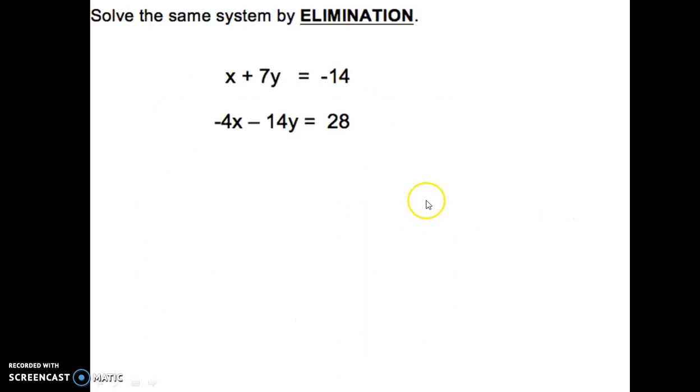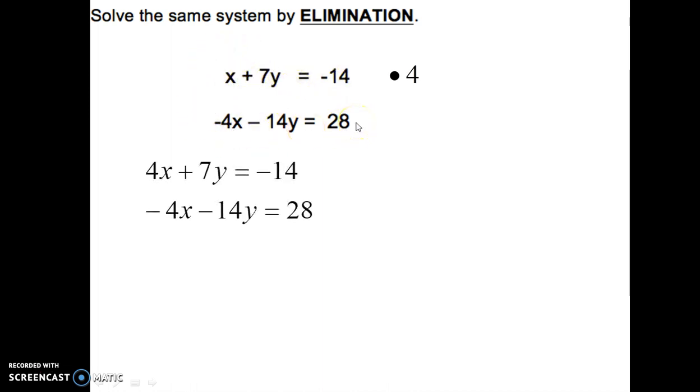All right, so now let's take the same system and solve by elimination. Looking at it that way, we can eliminate the y's or the x's. It doesn't matter. It's your choice, really, which one you want to do. I decided to multiply by 4 here. That means this will turn into 4x, and then I'll be eliminating the x values. All right. So when I multiply this by 4, I get 4x